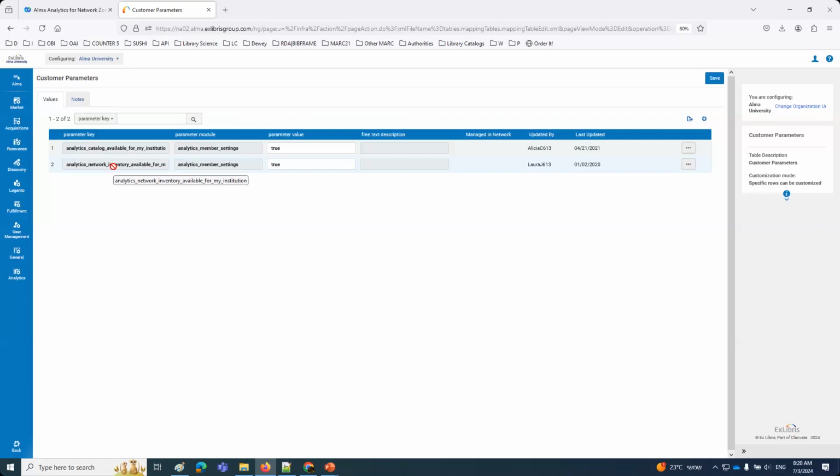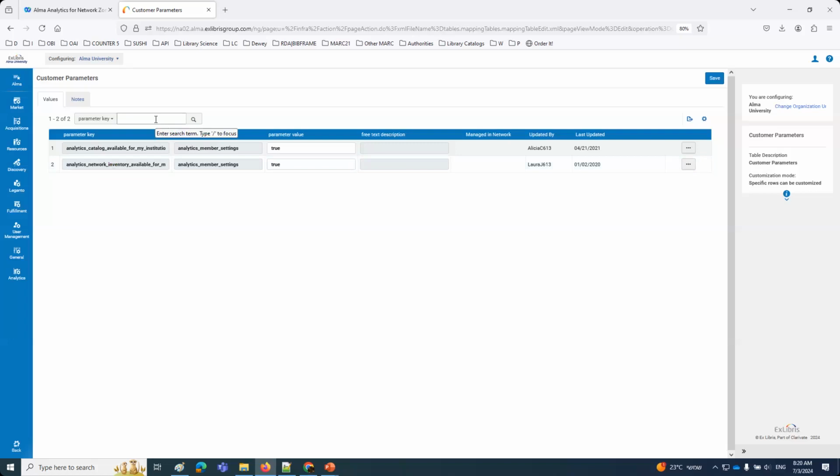And therefore, now I will be able to see the electronic resource data from the network institution. So now we can already go in and create a report here in the member institution,